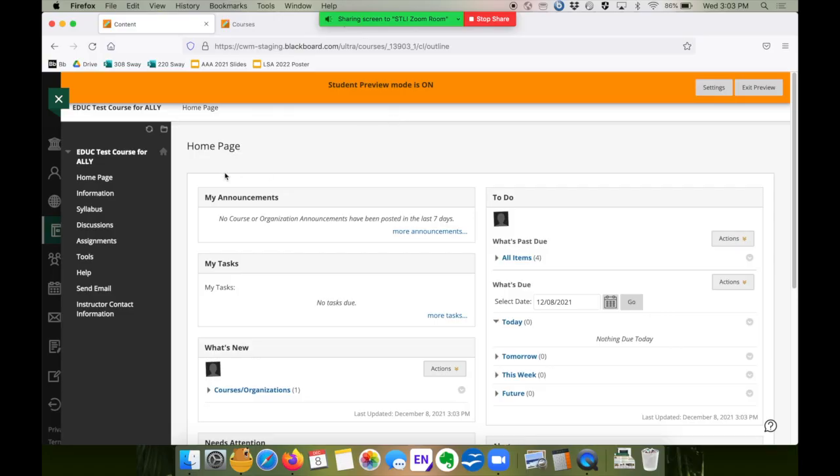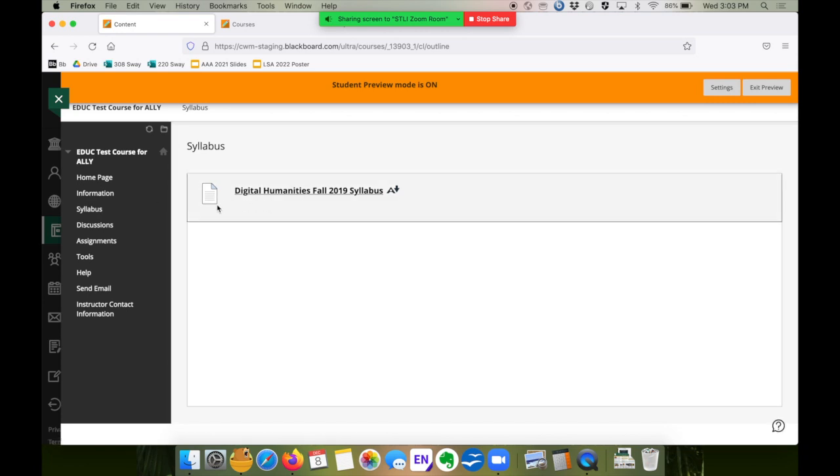They don't need that. So if you go into the student preview, it will show you what students can see, and it will also allow you, if you're sharing your screen in any way with students, to project without them seeing all of the behind the scenes stuff. So if I go to the syllabus now, that before had that red mark, when I was in instructor view and I was editing things and trying to make it easier for students to navigate, now it doesn't show that at all. So students wouldn't see that on their own login, but also if I set my login into student preview, then they won't see it when I share my screen